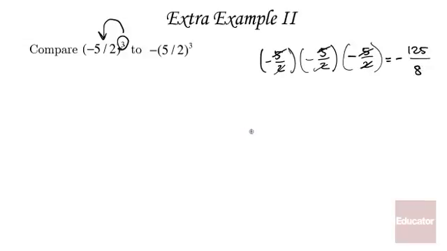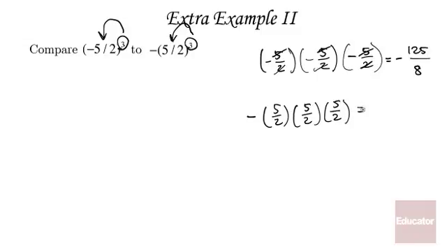Next, let's try this one. The exponent is only with regards to the fraction inside the parentheses, so you only have one negative out front. So a negative all the way through, and 5 times 5 is 25, times 5 is 125, and 2 times 2 is 4, times 2 is 8. So in this case, our answer comes out the same, but that's because in both situations, we had odd numbers